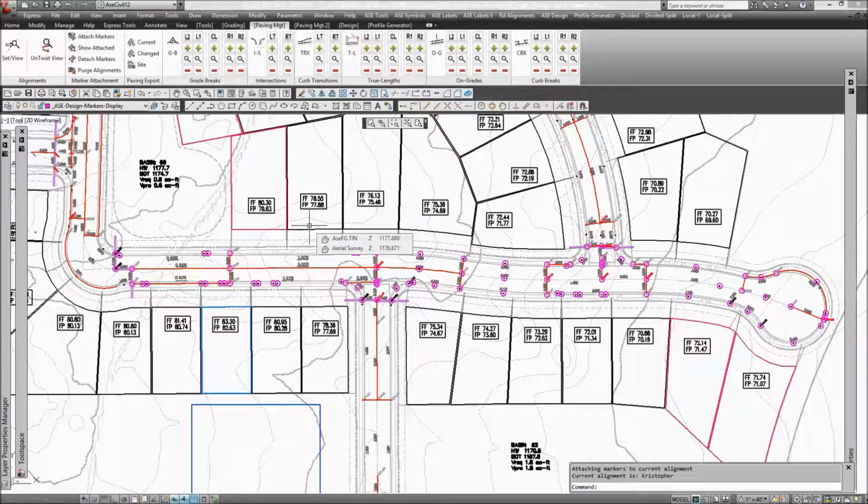Next, we can actually select these markers for paving feature definition. It's always best to start with grade breaks. With ASC, which distinguishes this program from most any other, you're going to get more than just a single line profile for each component. You'll get center line, left and right flow lines, top of curbs. You'll get vertical curves if you define them, curb and gutter transitions where the curb height changes, intersections, breaks in the curb component,